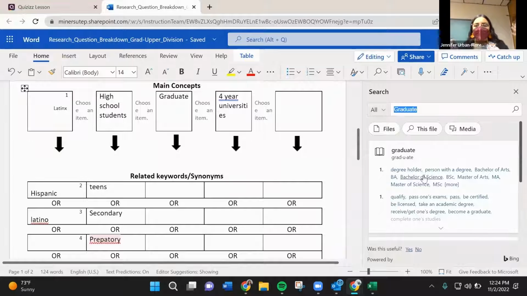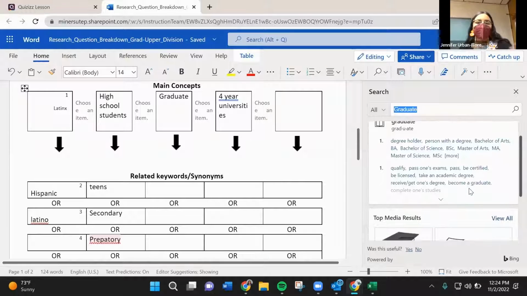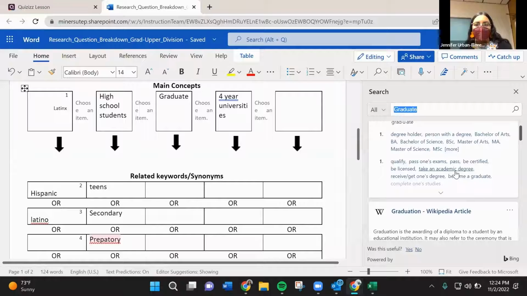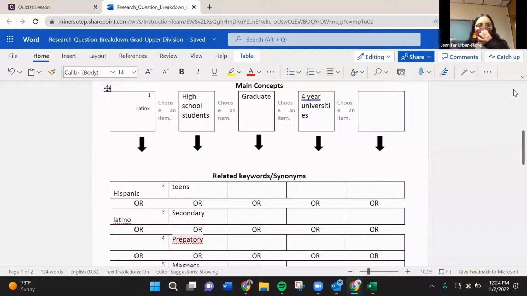So I can see degree holder, person with degree, Bachelor of Arts, qualified, pass exams. And so if I get stuck, I can rely on the subjects that are here and the things that I can use to kind of help figure that out. Okay, so I'm going to go ahead and do maybe just pass, right? And then another word for graduate is completing. Completed. Completion. Okay, yeah.